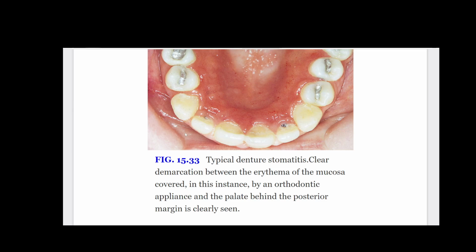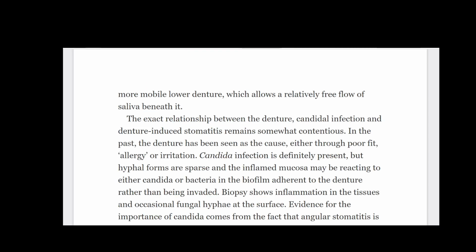in which the oral flora, including Candida, can proliferate freely. In susceptible patients, particularly smokers, this can promote candidosis, seen as a symptomless area of erythema. The erythema is sharply limited to the area of mucosa occluded by the upper denture or orthodontic appliance, Fig. 15.33. Similar inflammation is not seen under the more mobile lower denture, which allows a relatively free flow of saliva